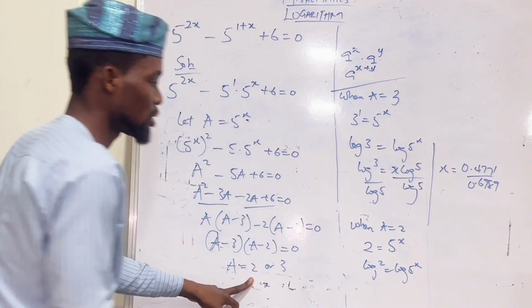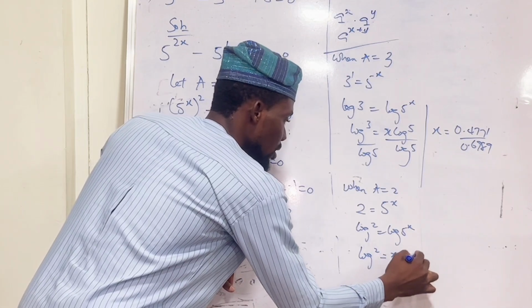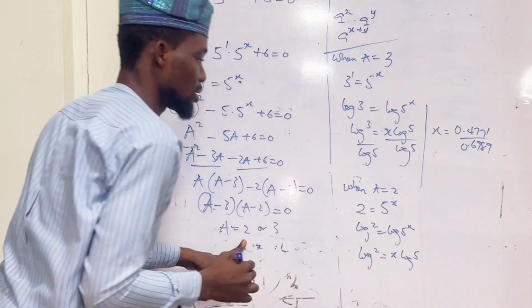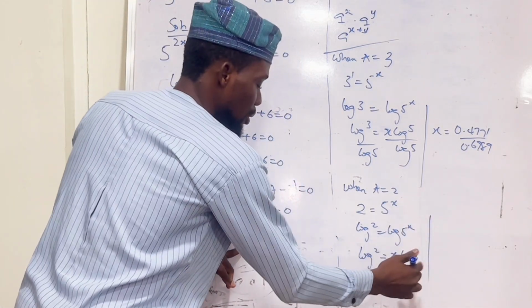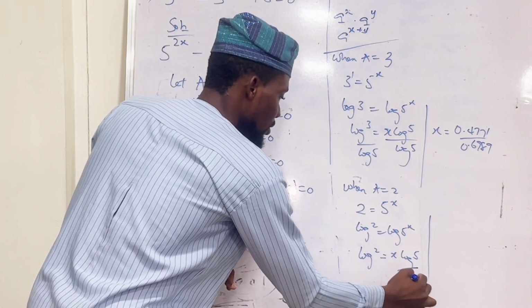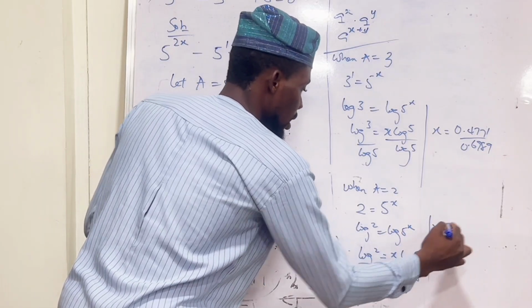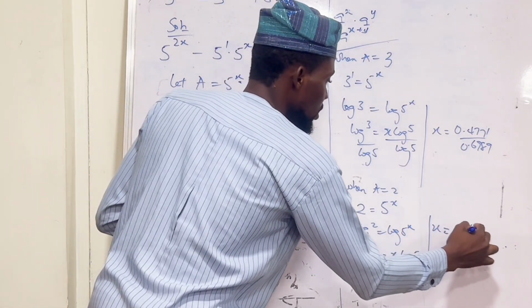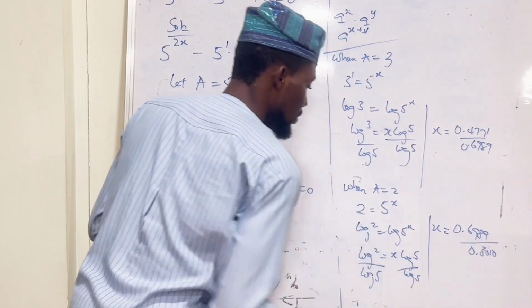And going further, I have log 2 equals x log 5. Finally, divide by log 5, leaving my answer to be x equals